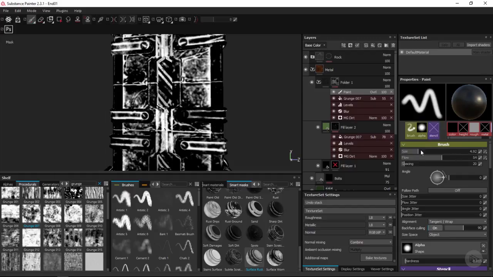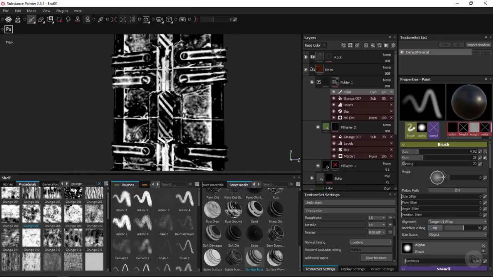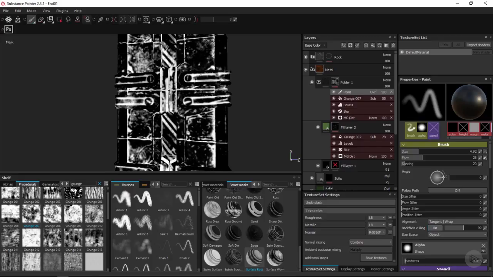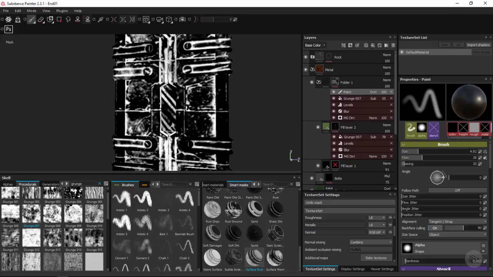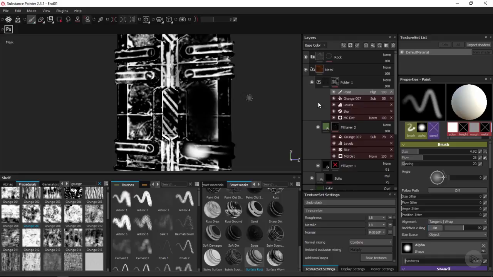Let's go to a much lower flow as well, so we can start to paint this in a little bit softer and have pen pressure controlled by flow. Now I could push in a little bit more grunge in there, or a little bit less, and this will do some light control. What you'll find over here is the darker or more mid-tone the surface is, the more that black affects it, which can be really, really useful. It means that I can remove information or bring it up and intensify it by painting with white. Now, if I go to something like hard light, I get a lot more control out of